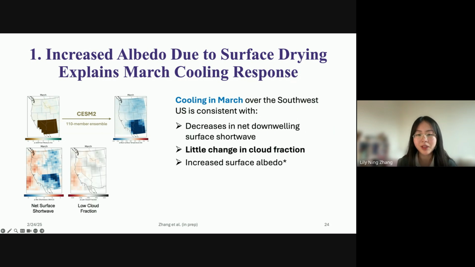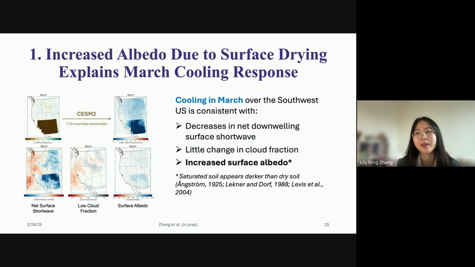But there's not really much of a change in cloud fraction. And here I'm just showing low cloud fraction. There's not much of a change in cloud fraction at all. And instead, we think what's explaining this cooling and this decrease in surface shortwave is increased surface albedo just as